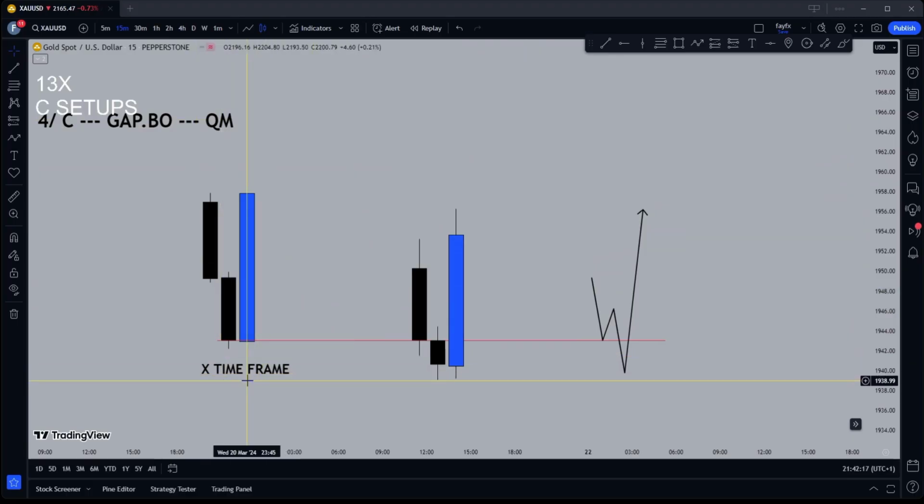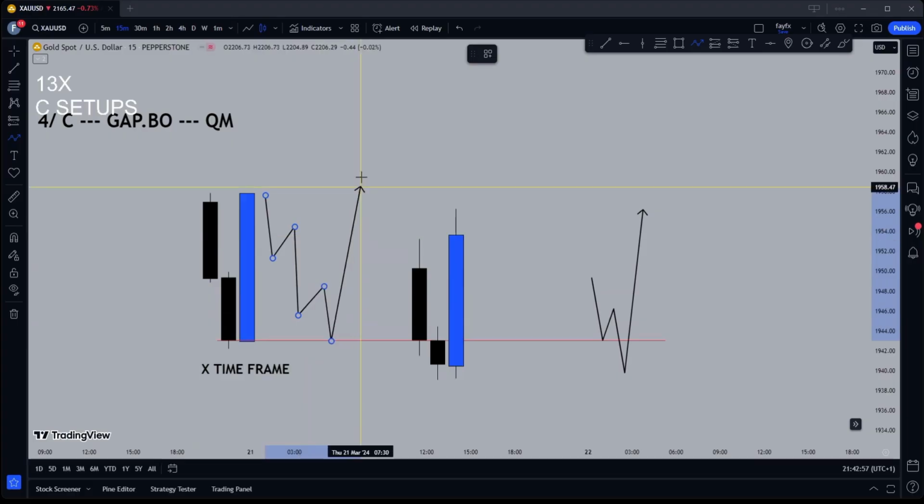At X time frame we have classic. One time frame lower we have gap breakout. This is the only gap breakout we use. We are not interested in any other gap breakout, only this. And when we go one time frame lower than this time frame, we will find the QM. Nice. What it tends to do, it tends to visit this